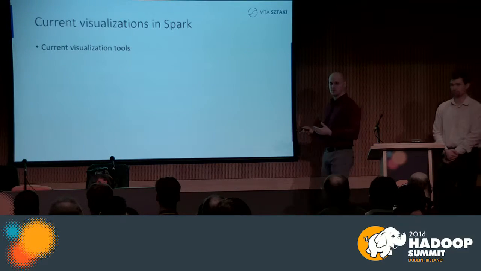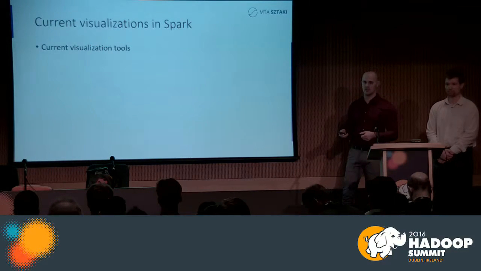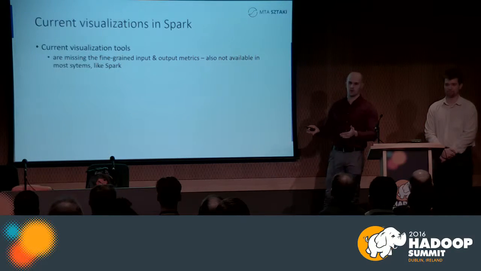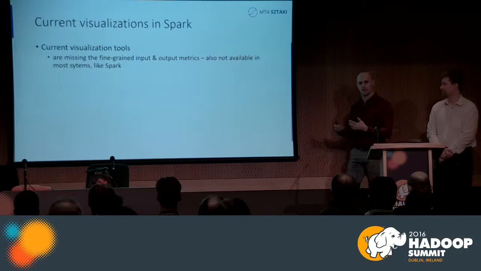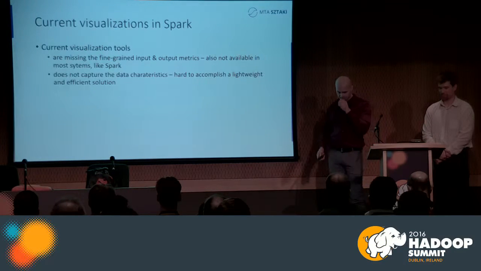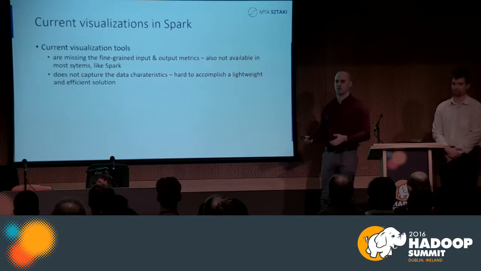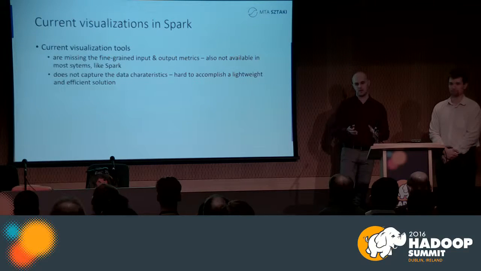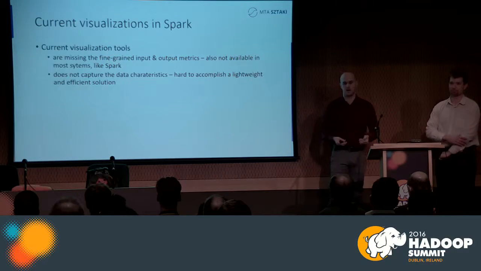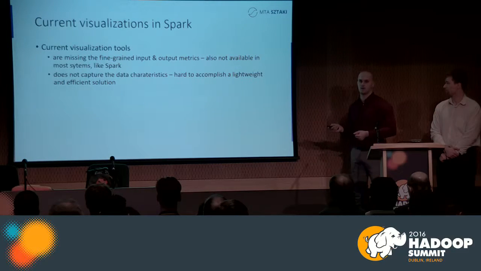So first we wanted to build a visualization tool. And before that, we examined the current visualization tools, and we found that, unfortunately, these tools and the metrics behind them are missing the fine-grained input and output metrics, which are not available in most systems, for example, Spark. And these visualization tools also do not capture the data characteristics, because first of all, we would like to make our applications or our system data aware. And usually this is very hard to accomplish, because you need to have a lightweight and efficient solution,